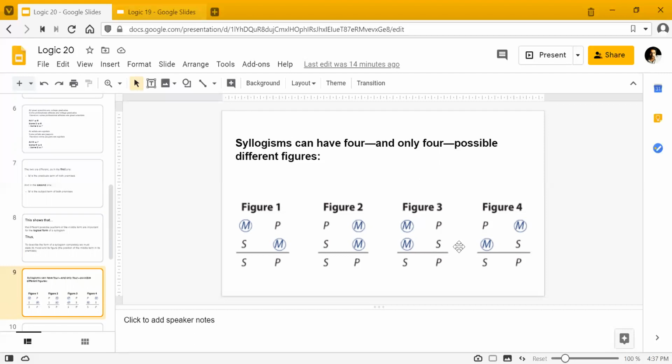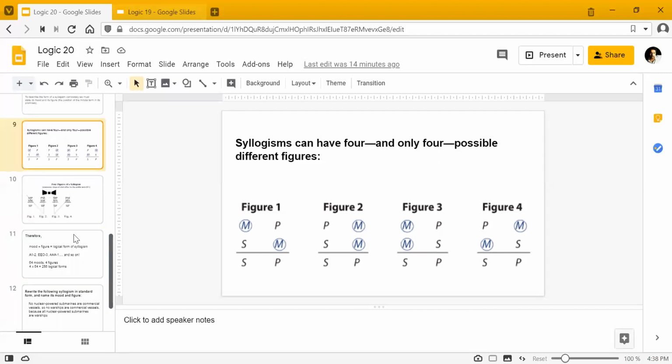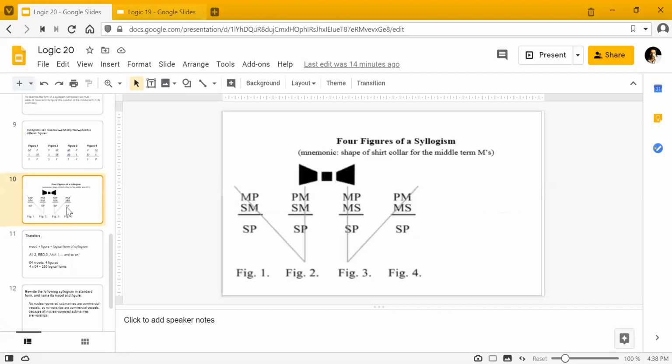फिगर 3 में दोनों M's जो इधर आ गए हैं, और फिगर 4 के अंदर M मिडिल टर्म जो है वो मेजर प्रेमिस में प्रेडिकेट है, और माइनर में इट्स द सब्जेक्ट टर्म. इट टेक्स ऑन दिस फिगर. So this is all the possibilities that we have, at least for middle term. Okay, these 4 figures. So the way that I remember this is through this,